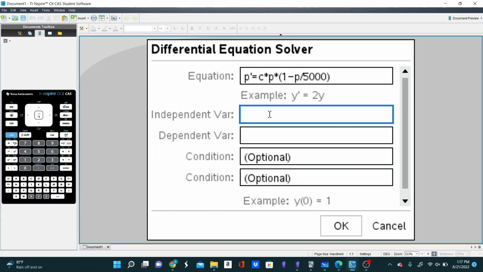And then for the independent variable, our independent variable is time, so I'll put t. And the dependent variable, that's p, because that's the population. And we have two conditions. We know that at time equals 0, we have how many? How many do we have at time equals 0? 100, that's right. And then at time equals 2, we have 1200. So then if we click OK,